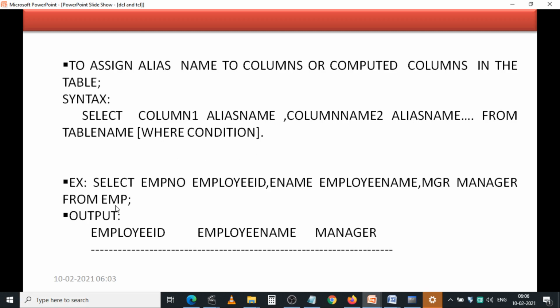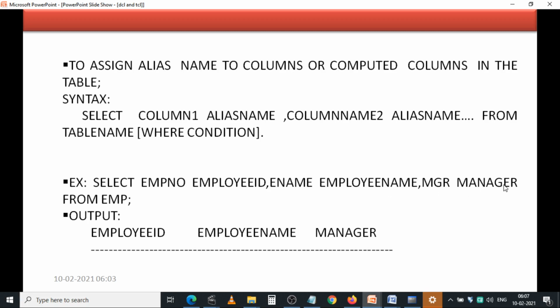The remaining is as usual in the syntax. Just observe: select employee number. I want to print the employee number column as employee ID, so I provide one alternative name to this column. Then a comma, e name; for the e name I provide an alias name like employee name.